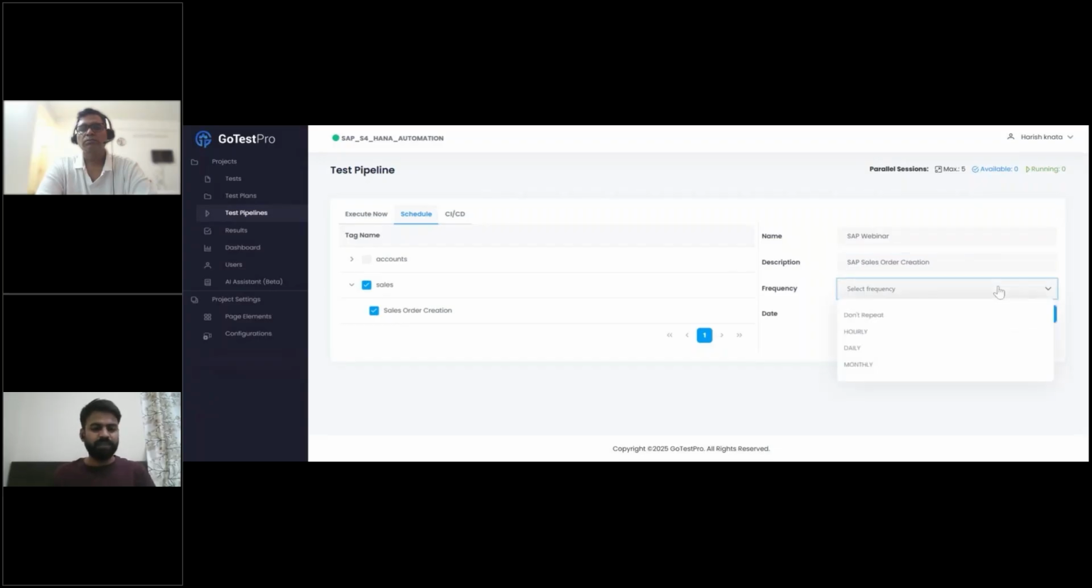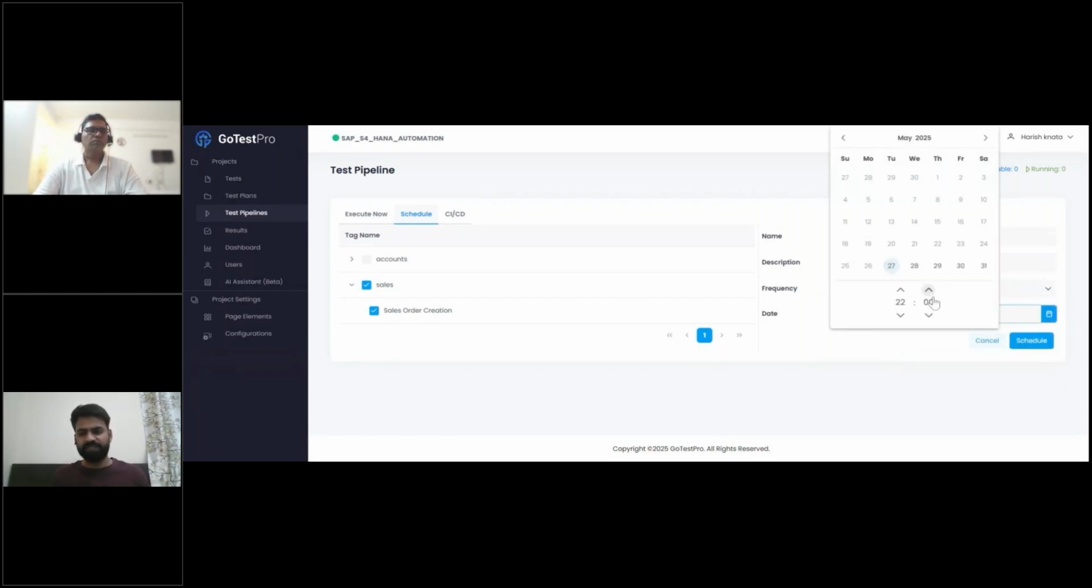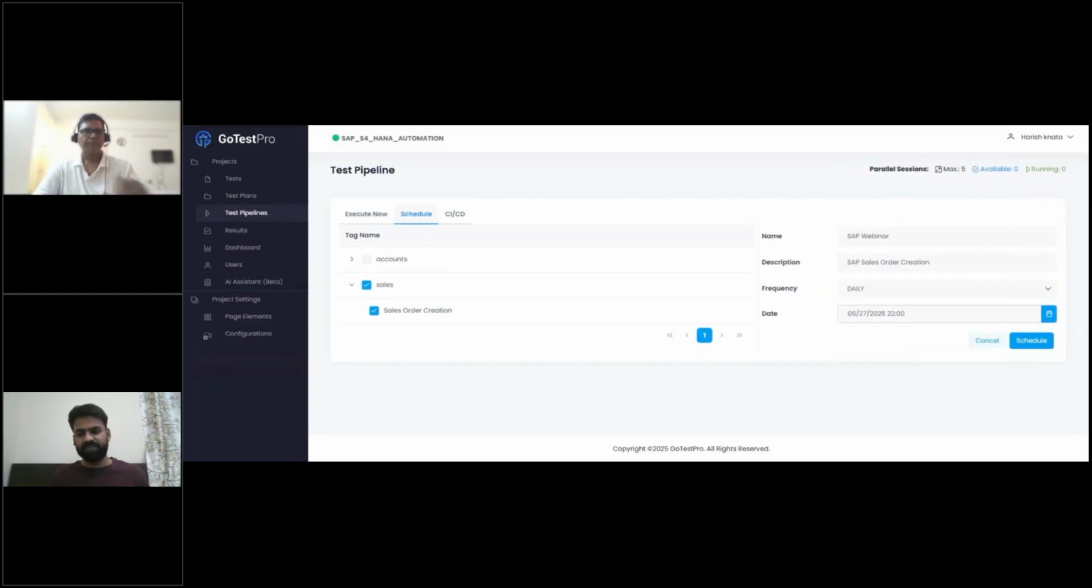Frequency. What does frequency mean? It basically defines the interval at which we want to run our test case. Hourly means this test case runs on an hourly basis. Daily means it runs on a daily basis, and monthly means it runs on an interval of a month. I'll be selecting daily for now, and I select any specific time. All right. And once I do that and click on schedule,